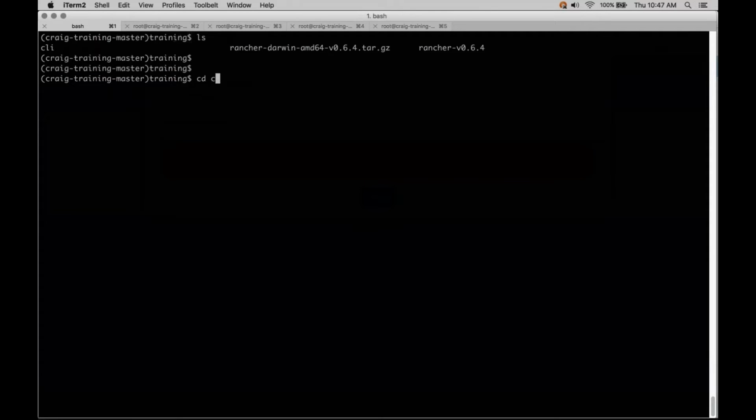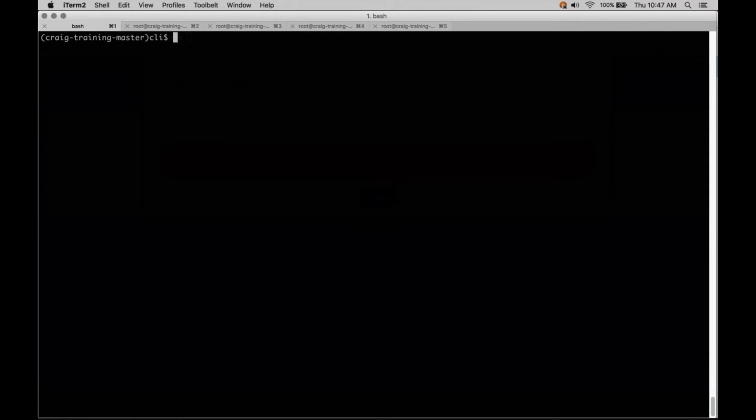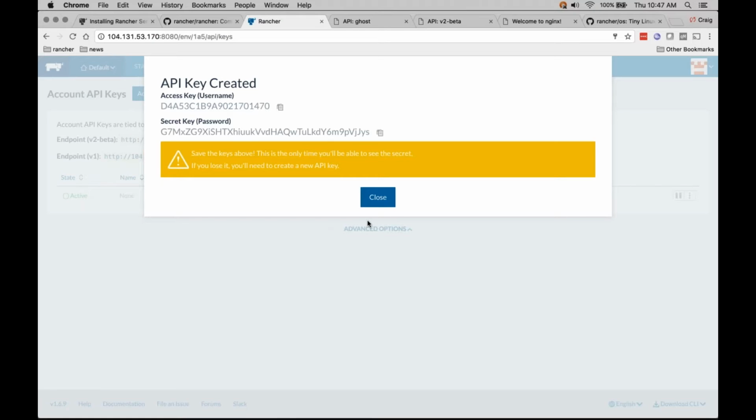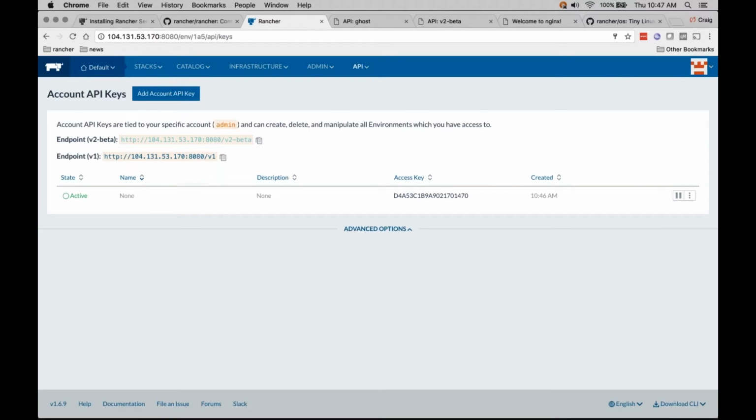All right, so let's cd into the CLI directory. Oh, I forgot to mention, actually, I'll have to close this. We'll just create new ones. Basically, you only have access to copying those keys once. So if you click off that screen, you're going to have to create new keys. That's a security measure. We don't store them in such a way that we can give them to you more